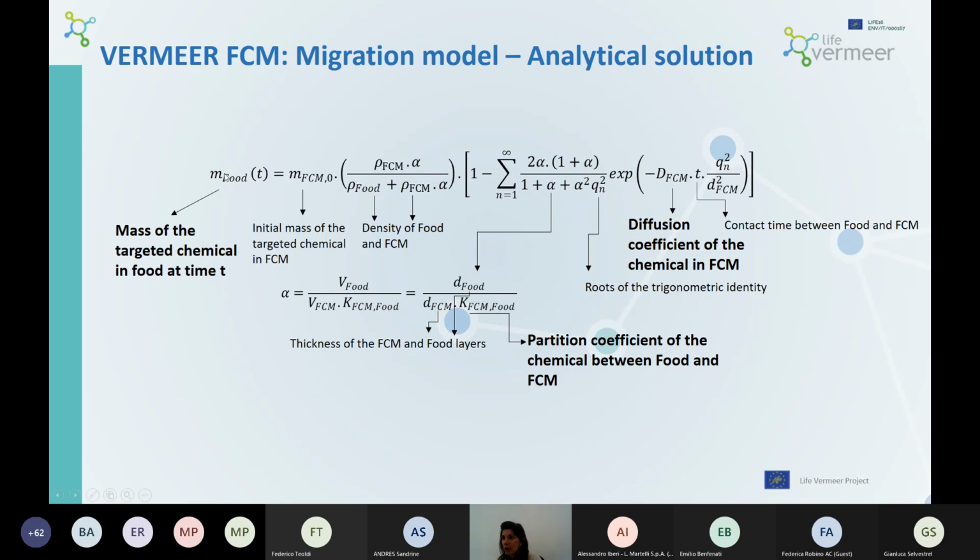And you see that the mass depends on many different factors, such as the initial mass of your target chemical in the food contact material, the density of the food, and also the density of the food contact material. You also need to know the thickness of the food contact material and the food layers. You also need to have some information about the contact time between the food and the food contact material. And you also see here two coefficients that we need to know, which is on one hand the diffusion coefficient of the chemical in the food contact material, and on the other hand, the partition coefficient of the chemical between the food and the